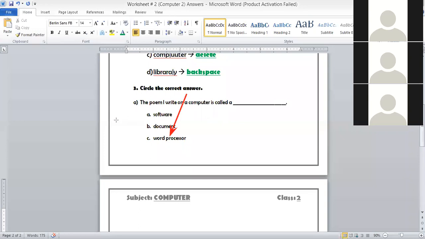Os, what is the answer? Yes, sir. What is the answer for question 3A? A tree. Yes, what is the answer? Sorry, what are you saying? Words processing. Okay, so you are saying word processor?